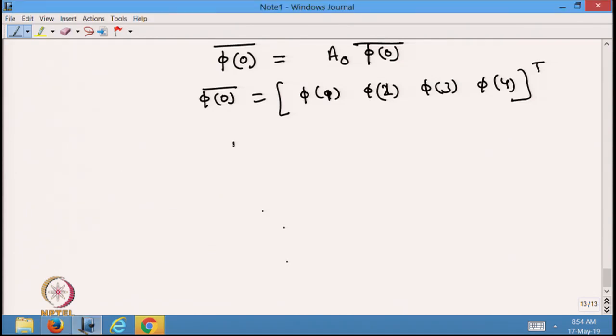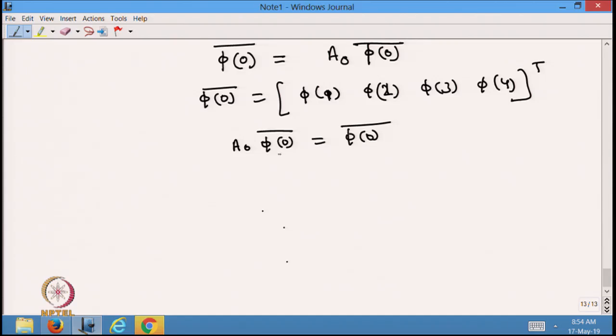If you look at this problem, can you relate it to a problem of linear algebra? Of course, it is an eigenvalue problem. As I have said, the recursion method is known as an eigenvalue method, because at the end we have to compute the eigenvector. So basically this vector phi is an eigenvector corresponding to which eigenvalue? Corresponding to eigenvalue 1,